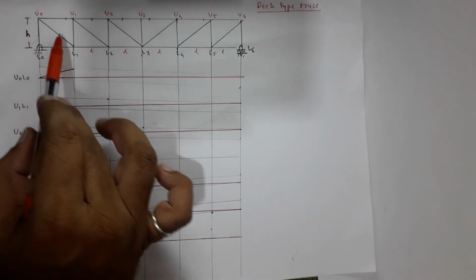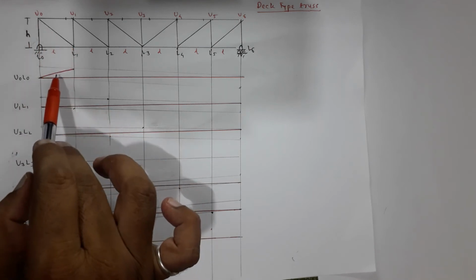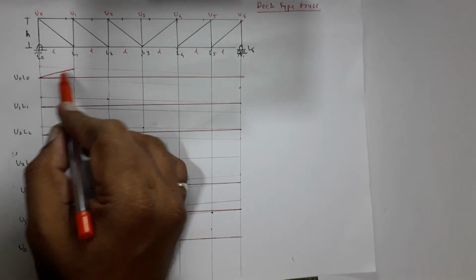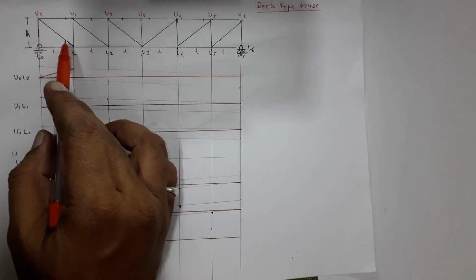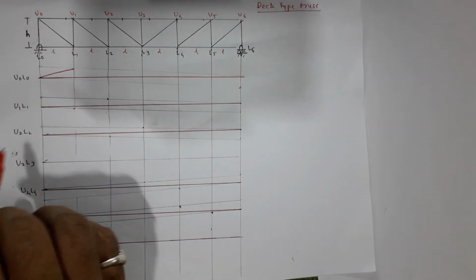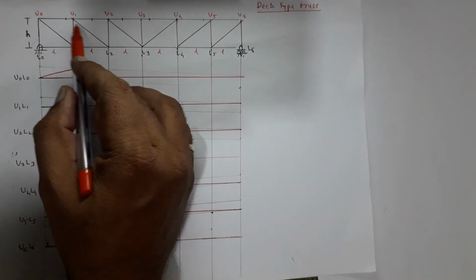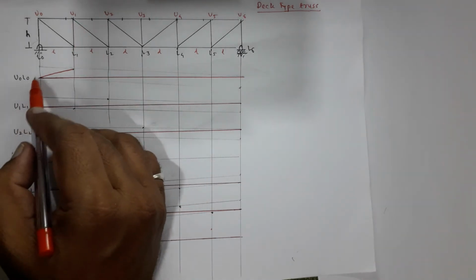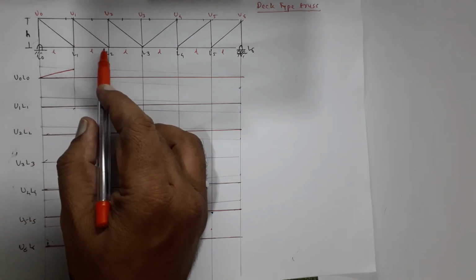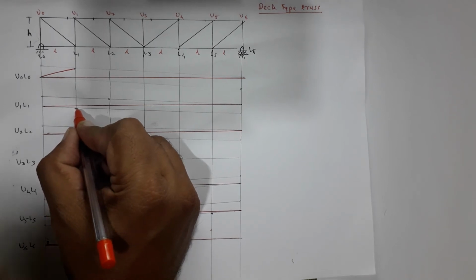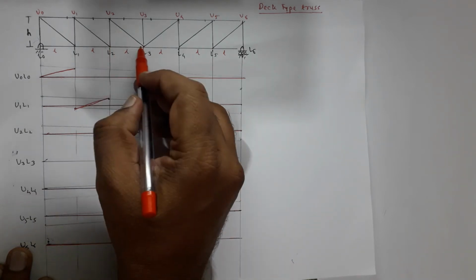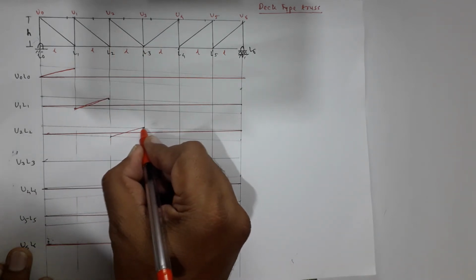Now this member is an inclined member. So in ILD for this member, you will find a cross line which is opposite to this cross. So it is declining, so the slope is increasing in this direction. This is for U0 L0. For U1 L1, now go to the next inclined member. It is like this. So you will find an inclined line like this over here. Now for this member, you will find an inclined line like this.